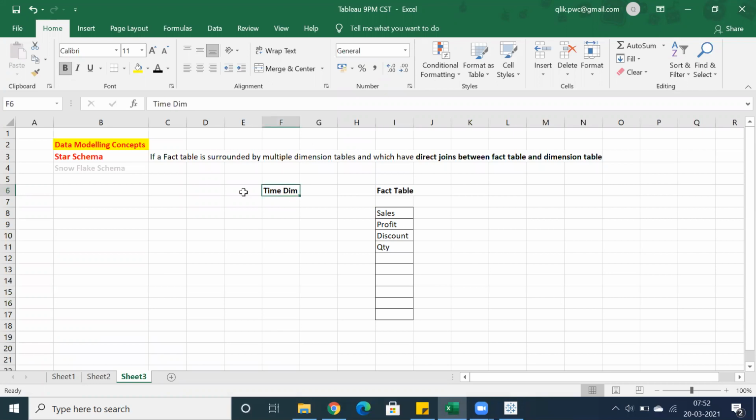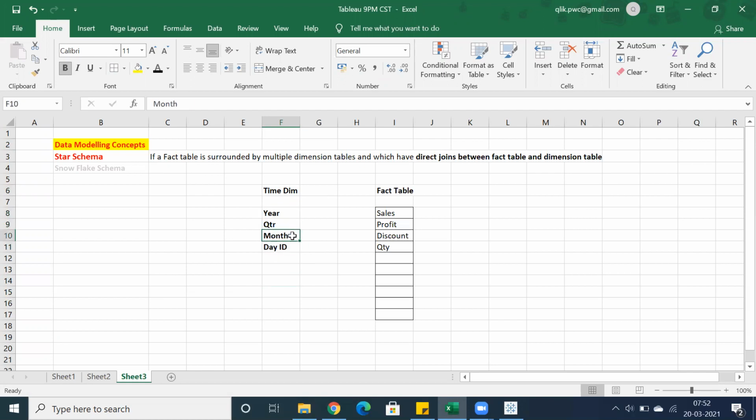So this concept is very, very important. As I said, let's take a time dimension. We have year, quarter, month, and day. So I'm using day ID here, just in an ID form. And you can also ask, why should we have only day ID? Can't we use year ID, quarter ID, month ID, month name? Yes, we can do that.